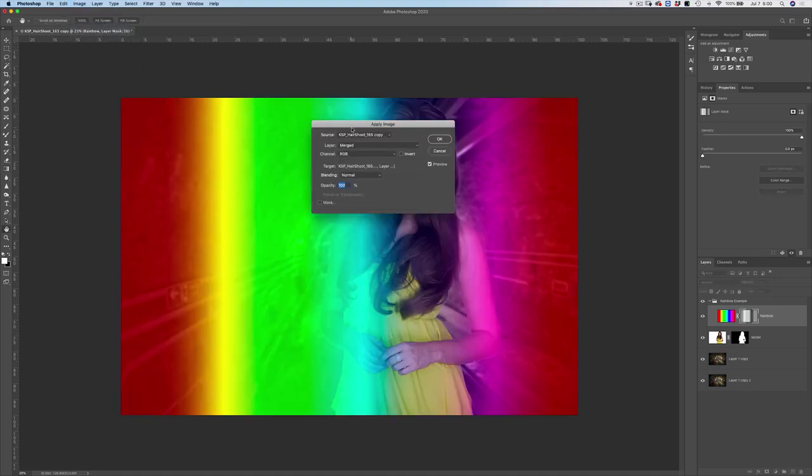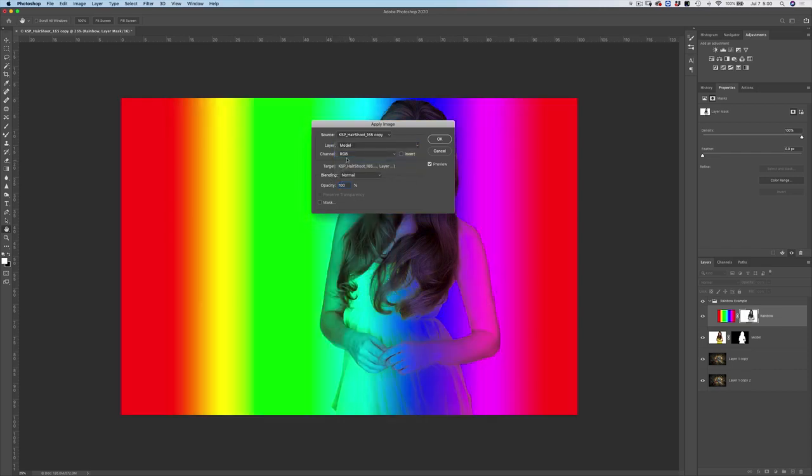And what we're going to do is choose what layer we want to pull the mask from. And that's going to be the model layer. And then do we want to use the RGB channel? Do we want to use the red channel? Do we want to use the green channel or the blue channel?